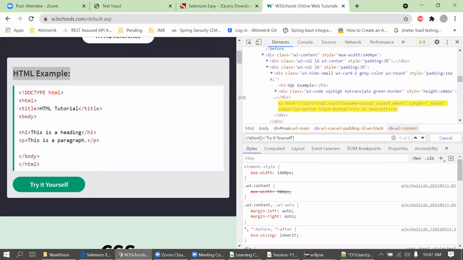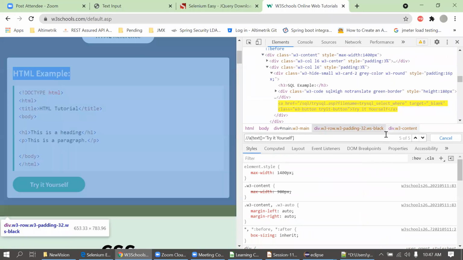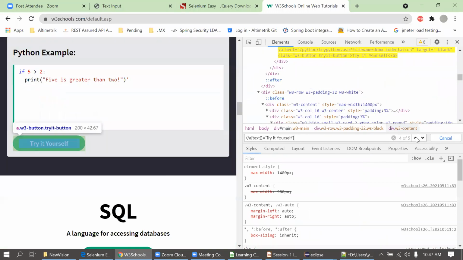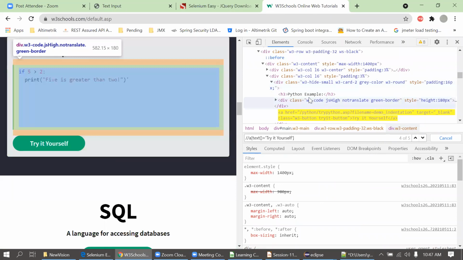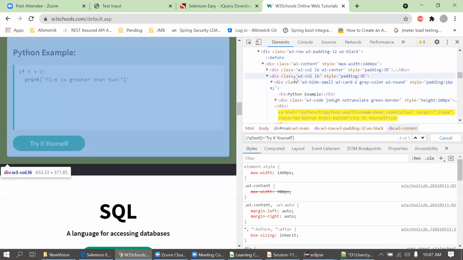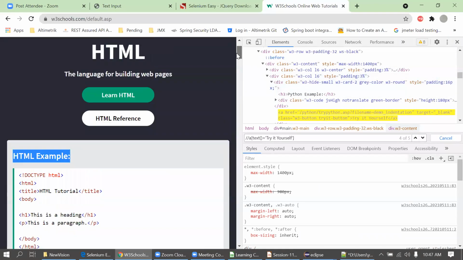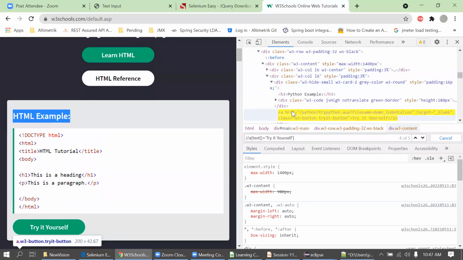Now, what I will do, I will simply look for this HTML example in the DOM to track this button. Try it yourself. So this is the button. I know I got it. Then I will look for that, this HTML example.